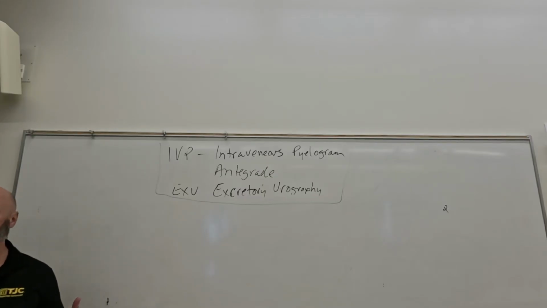There's a box in the Merrills. If we don't get back to the PowerPoints, there's a box in the Merrills that kind of breaks down what the different prefixes mean. Pyelo means the renal pelvis, where the ureters come directly out of the kidneys. So make sure that you look through that. So sometimes we'll do a retrograde pyelogram in surgery and whatnot, but what we're going to focus on is what